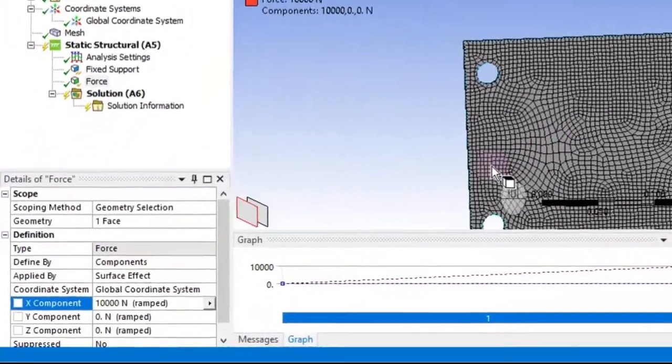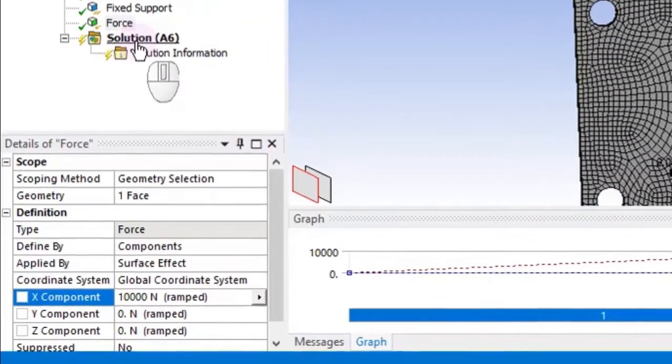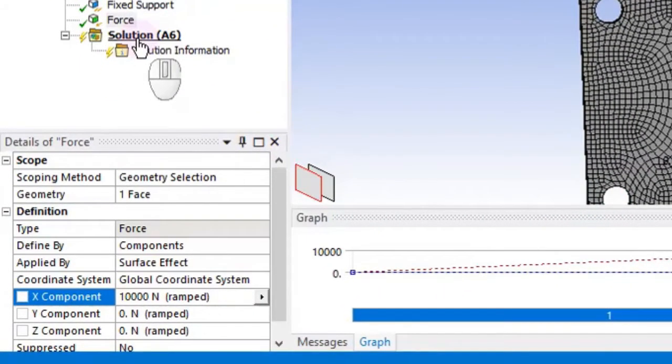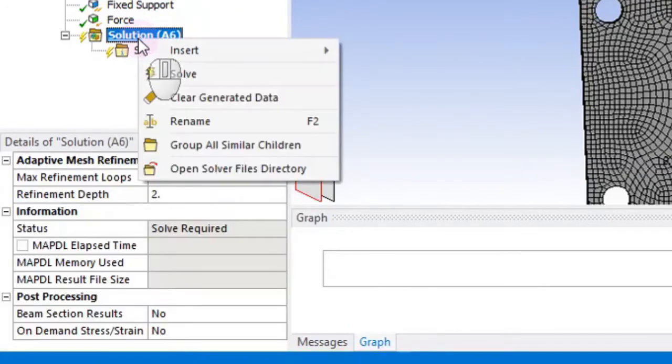The next step is I will go for solution. Let me right click. So right now itself we have to specify what solutions and what results you need. Okay. So in APDL it is not like that. After we complete it, we will go for the general post processor and we will choose there. Whereas here you can right click and choose what results you need. So I will go for insert.